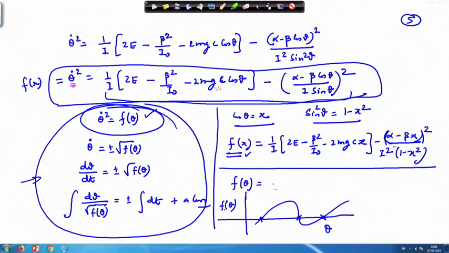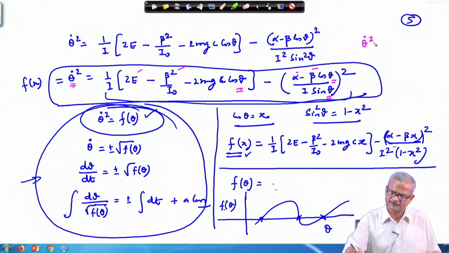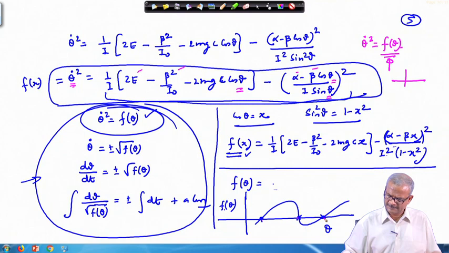we tried to put this equation in terms of theta only. Everywhere theta is manifesting, alpha and beta are constant. There is no other term; beta is a constant, E is a constant. So this just became a function of theta. Theta dot square is a function of theta. The right hand side is a polynomial in theta, so it will have certain values as shown here.